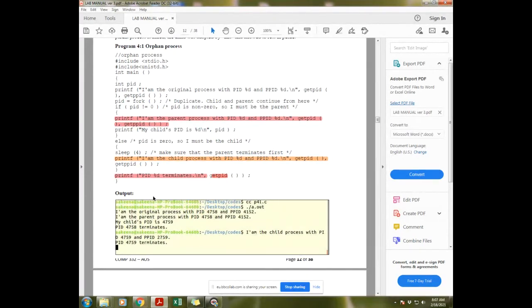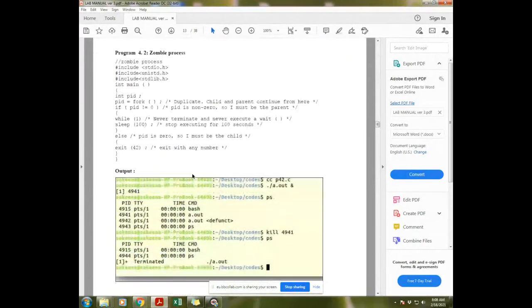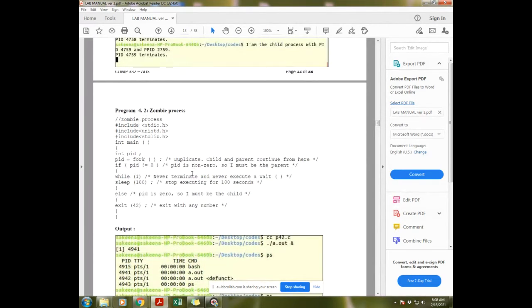Yes, all students. Okay. Next, zombie process. What is the zombie process? Zombie process means you write the program in the computer. So what will happen? The program will be stored at some location in the computer. Let's say the program is saved in the computer memory at some location, that is, the process ID.